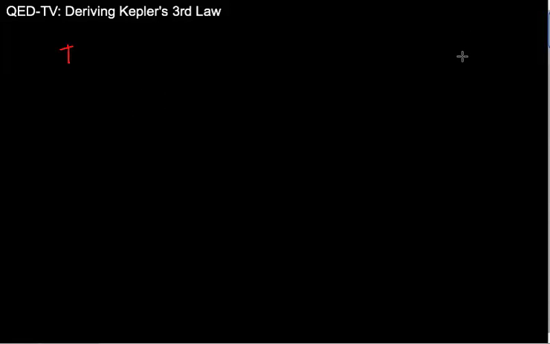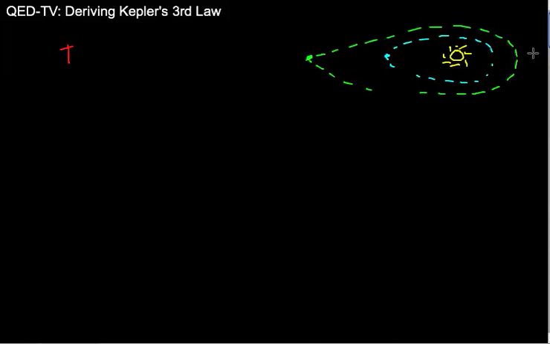So we have like a sun. We have a sun here, a nice, pretty sun. And we have a planet out here, and it's orbiting like this. And then we have another planet, maybe a little further out here, and it's orbiting around the sun. And Kepler's third law, which is called the law of harmonies, is that